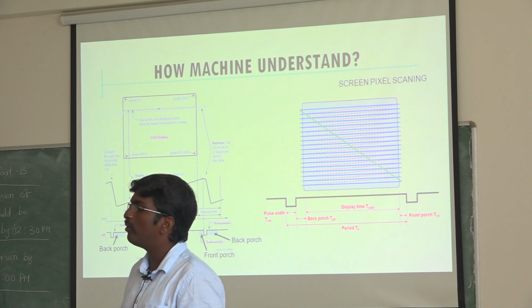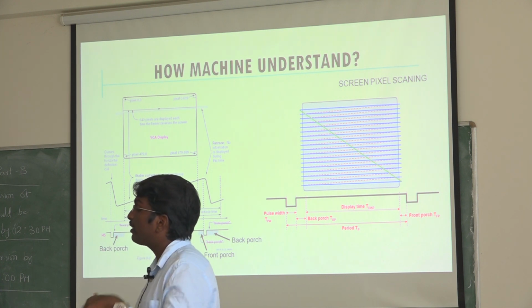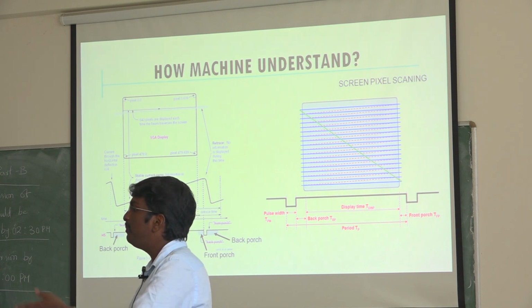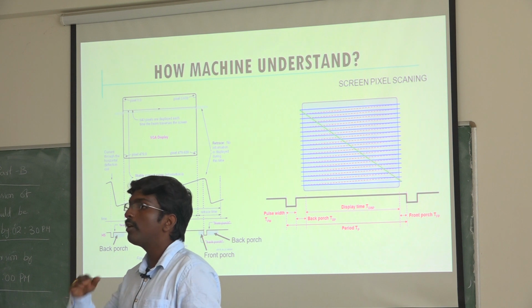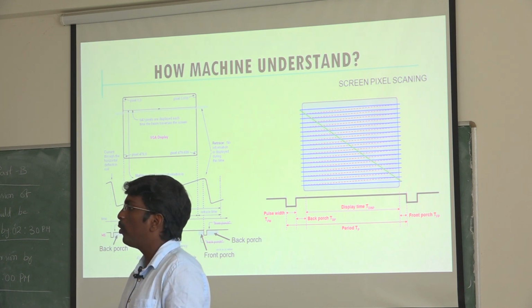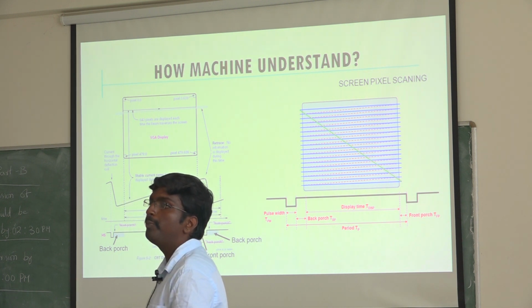Maybe your camera will work fine, but whatever image or video we are seeing in the display, it will not be proper. Maybe your processing system will process the proper data and give the proper output, but when you display it at the output port, it should be proper.